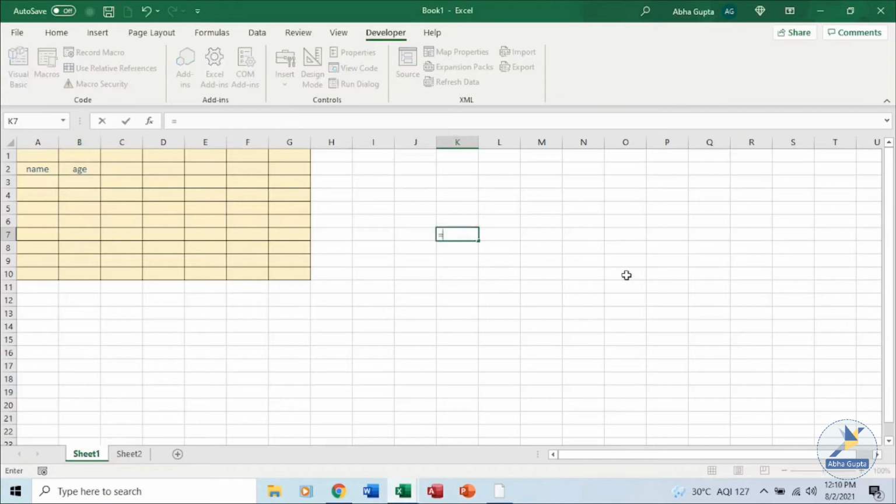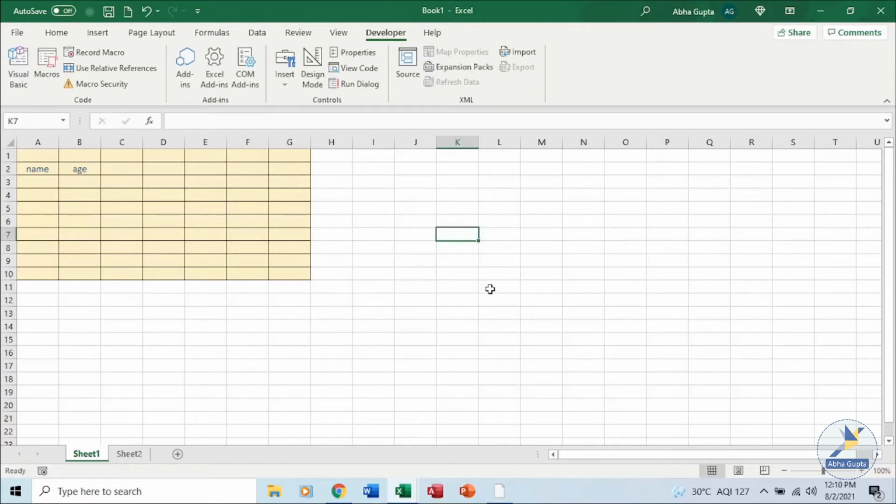The name of my function is add number. You can see add number over here. It is not accepting any argument, unlike the sum function where we pass cell references or values or a range. It is not accepting anything. So add number and press the enter key. You can see the answer as 300.